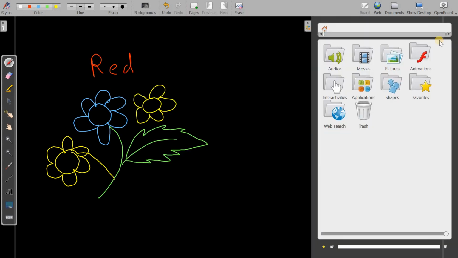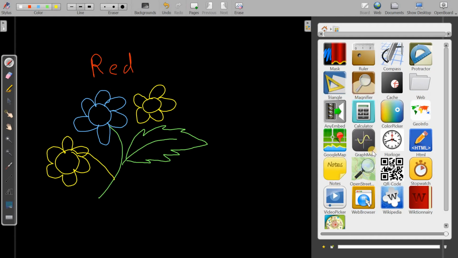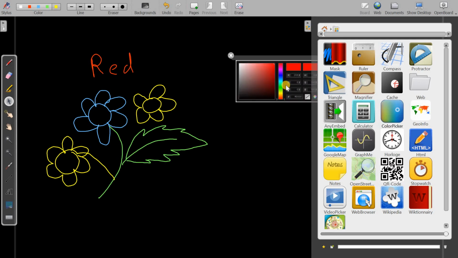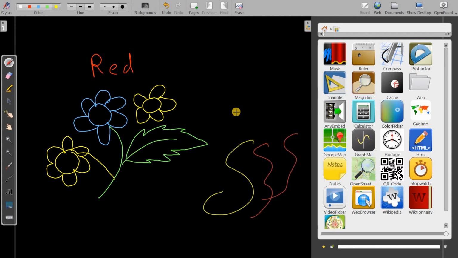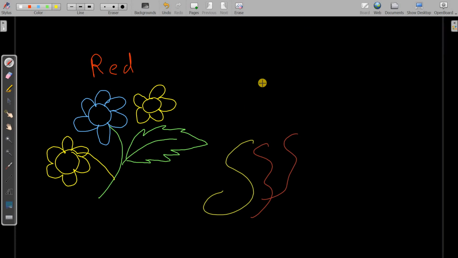If you go here, you can use a color application, I believe, and then whatever color choice you want you can choose, any color. But I don't think four colors are not enough for many people, so no need of that.